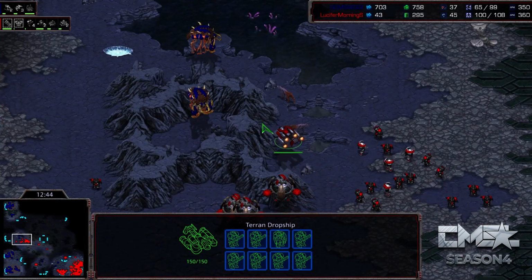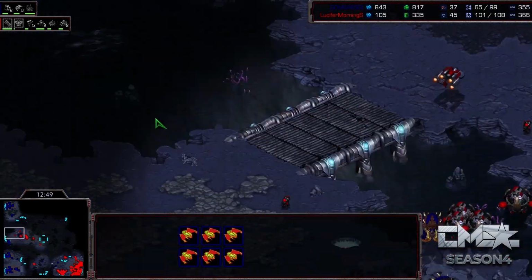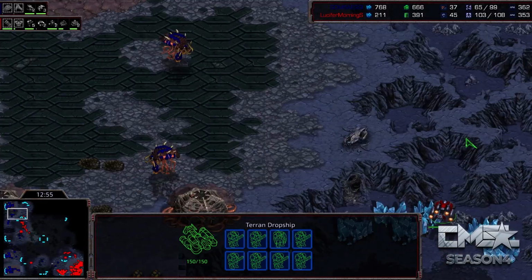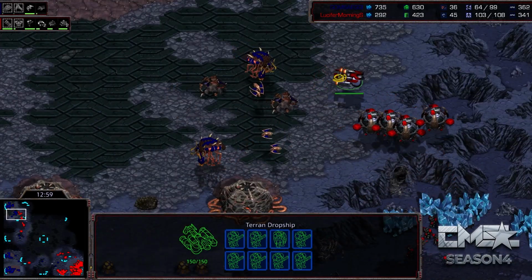And in fact, look at this. Going across the map with a dropship. He's already killed off all the mutas. There are some Scourge coming up. If he can catch... No, he's not going to be able to. Light's going wide with the dropship. The Scourge all over here. Okay, he's going to try to get up and...